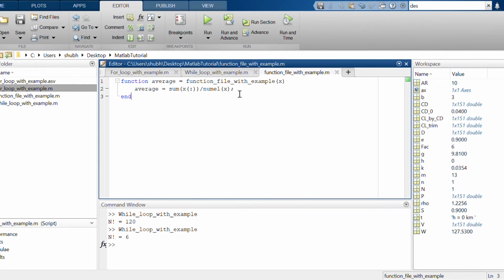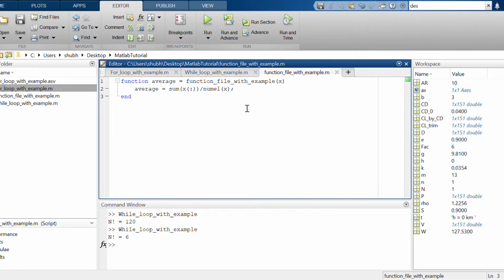Average is nothing but sum of x, column, because you have more than one data value, so that is why you are putting the symbol here, and just count the number. Suppose that x is 1, 2. So what is the average? 1 plus 2, total number is 2, so 1 plus 2 by 2 is 3 by 2, 1.5.